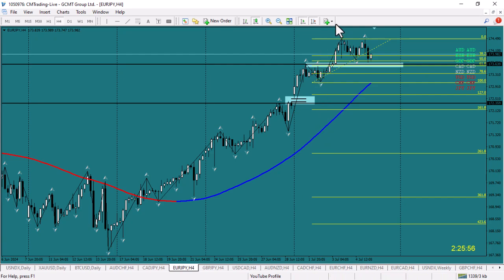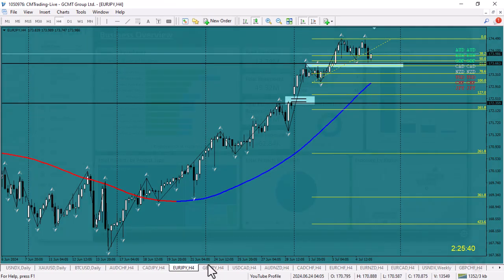And the euro yen. Euro yen busy testing this structure here for us, right at 50 to 61% level. Euro very strong, yen very weak. I want to be long here, so I just need this to confirm. Let the bulls prove themselves, and then I will join the trend again.